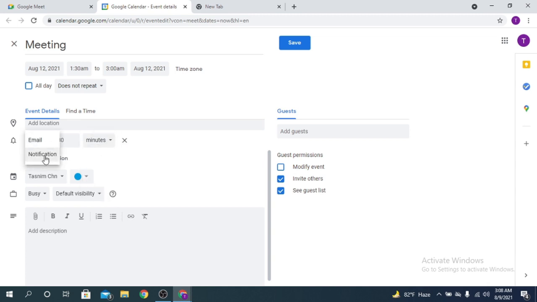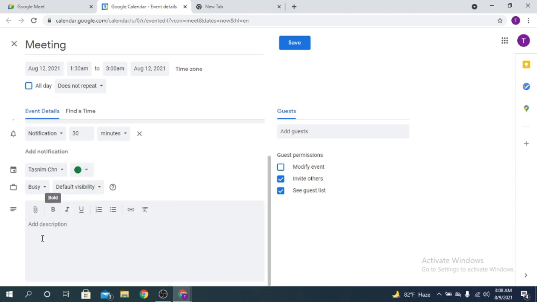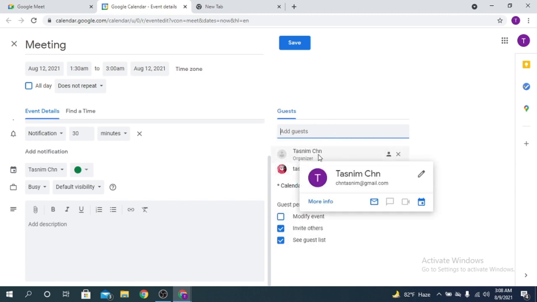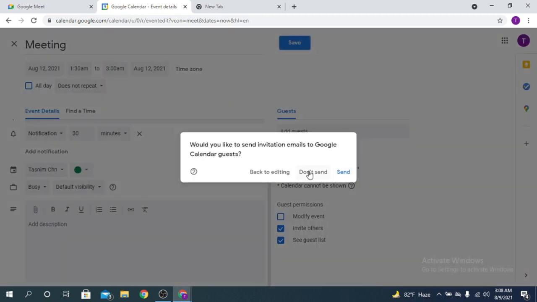Okay, so you can also choose notification, then Google will send you a notification that hey, you have a meeting after 30 minutes. Okay, you can also change the color of the meeting, and you can also add some description, and you can also add some guests from here. The person is the organizer, and this is your guest, and you can also save the event.